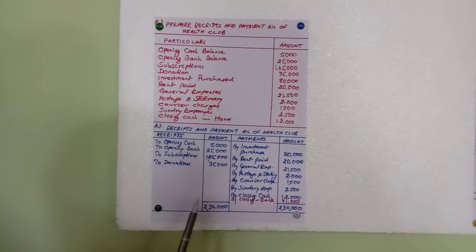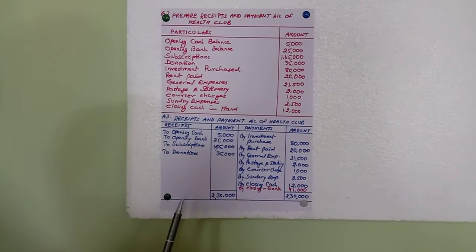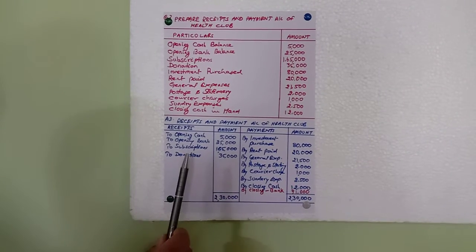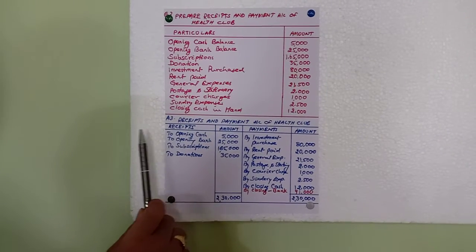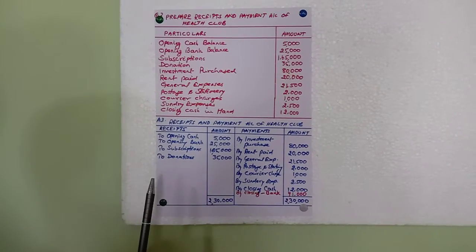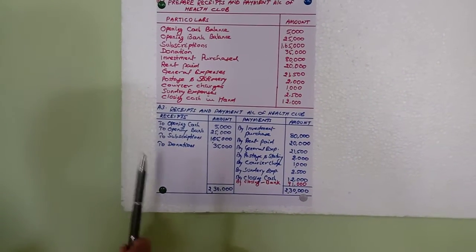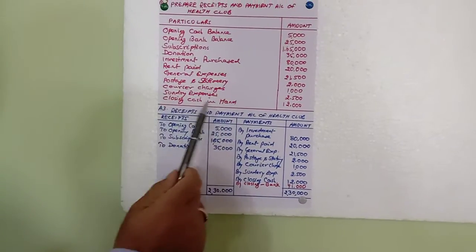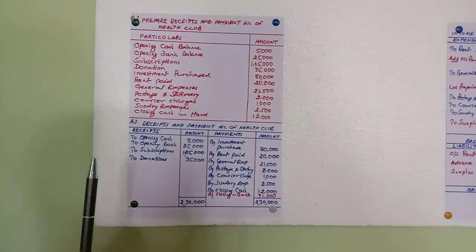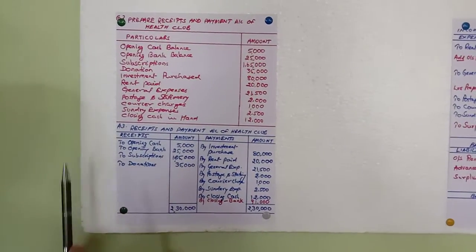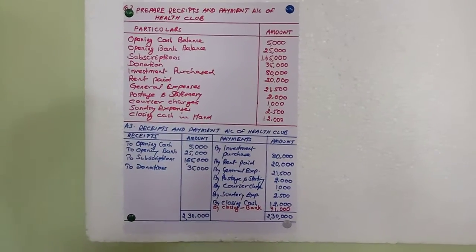Now before writing the receipts and payments account, please recall what a receipts and payments account means. It runs on the real account rule: what comes in is debit, what goes out is credit. It records all types of expenses and income, whether revenue or capital in nature, so there will be a combination of revenue as well as capital items. It does not record any type of adjustments. Keep these points in mind before starting this question. So let's see how the answer will be done.